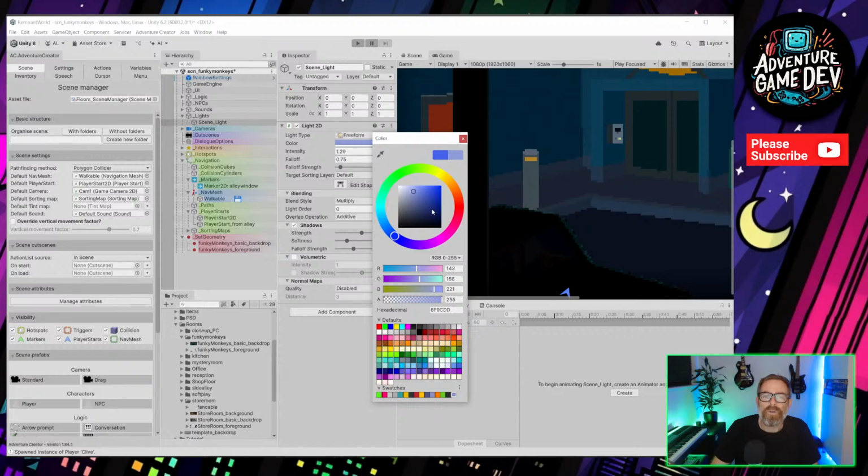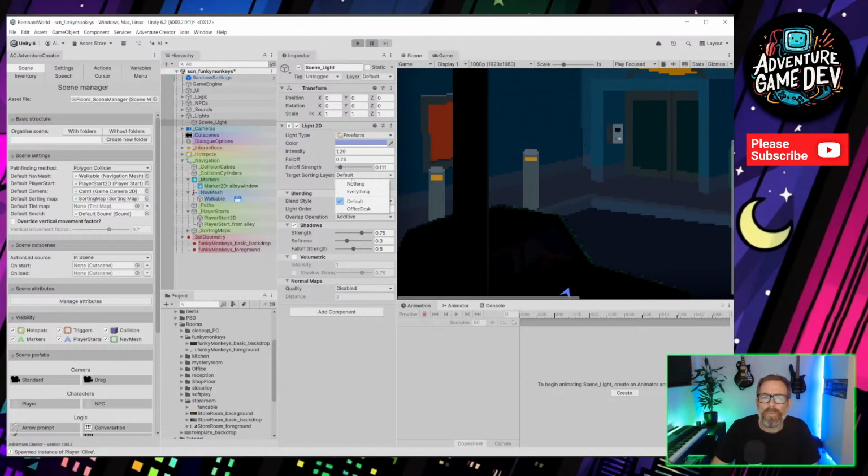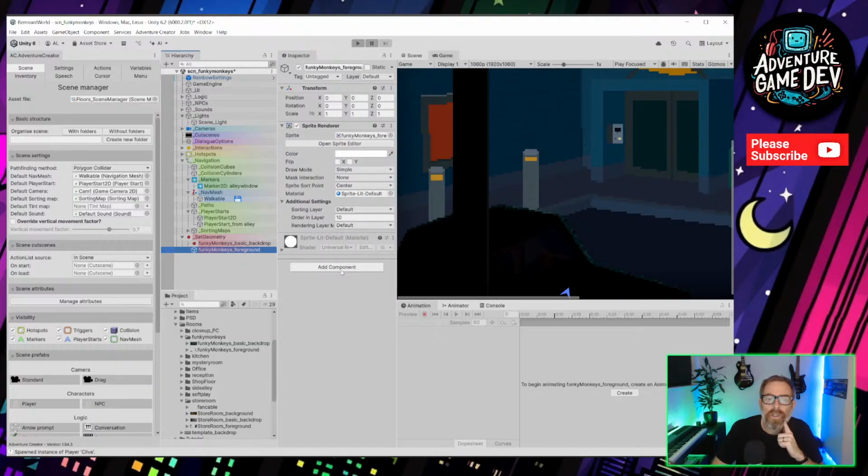What we could do, we could not include this in the lighting. I'm not quite sure how to do that, but let's try adding the foreground to a sorting layer.